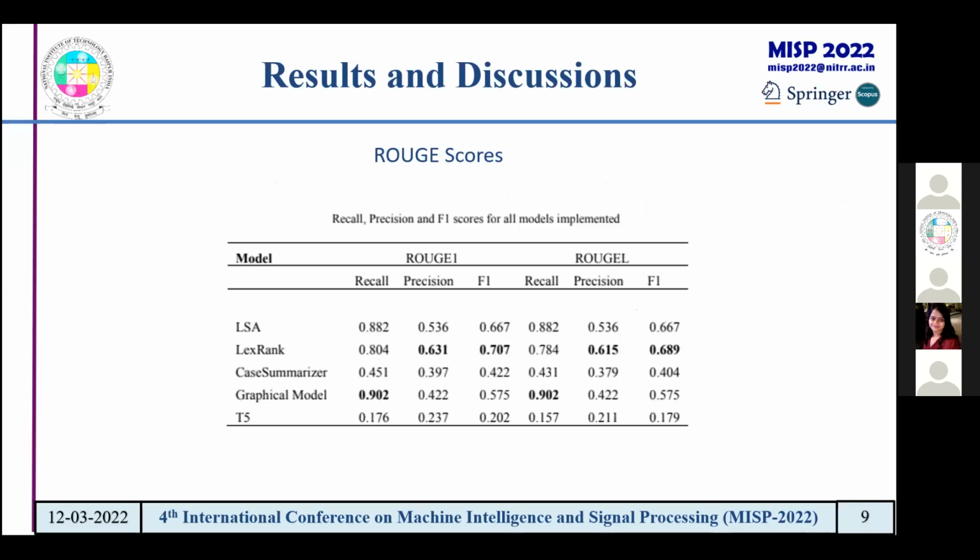So these are the results which we got, and these are the ROUGE scores for the results. Basically, you can see 5 models in this table, and the bold one is the highest in that particular column. An F1 score is a mix of recall and precision. As you can see, LexRank had very high precision compared to other models, and because of that, its F1 score is higher than all the other models for ROUGE-1, ROUGE-L, and even ROUGE-2. So however you want to look at the summary, the LexRank model which we implemented will always have a better ROUGE score.